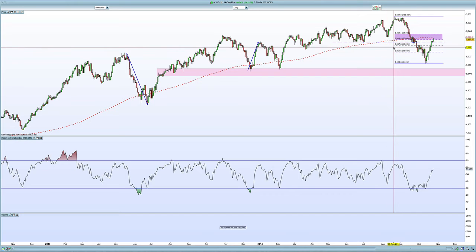of a resistance zone. Generally, when you have these support zones, you can see around this blue dashed line around 53.70, once that retraces and comes back to that, you would expect that to act as a bit of a resistance zone. Also, you can see this Fibonacci retracement of this move. Generally, when you have a bit of a bounce, you're expected to halt in this 50% to 61.8 region,